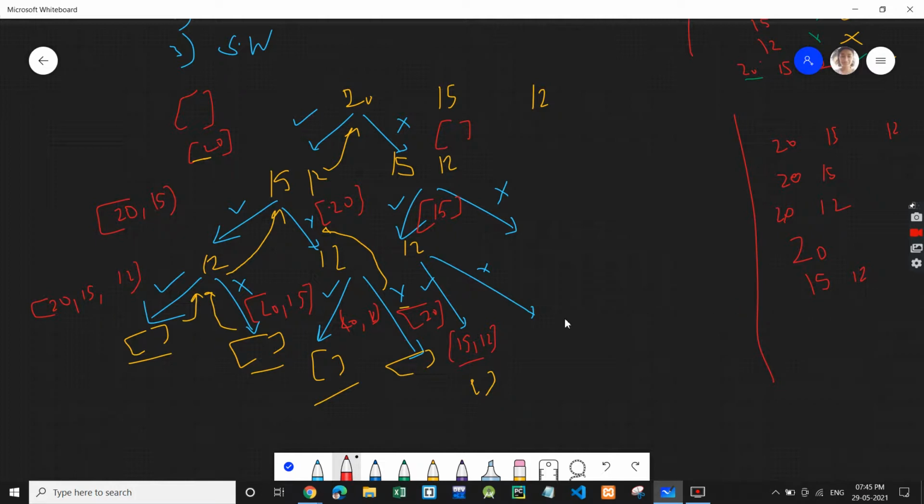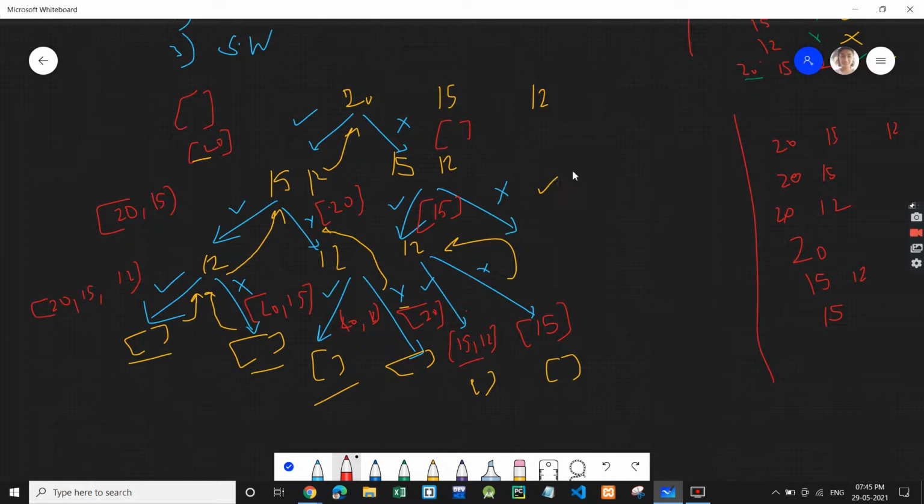Okay, and then we have explored this possibility. We'll return, and we go to when we do not take 12. When we do not take 12, we will have only 15 in our subset. So we hit the base case, empty array, and 15 is printed.